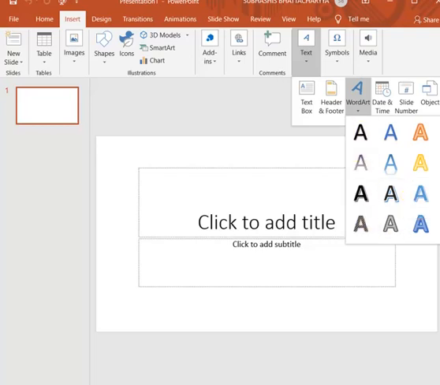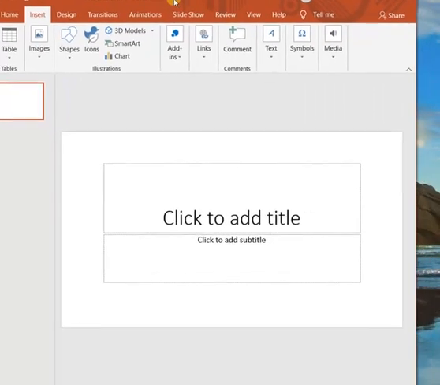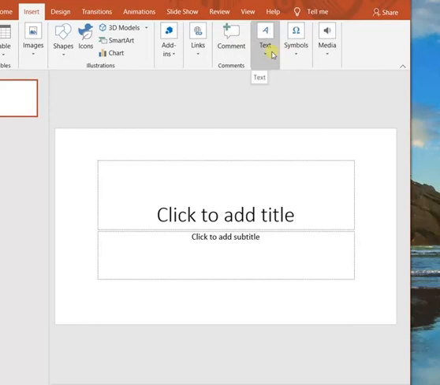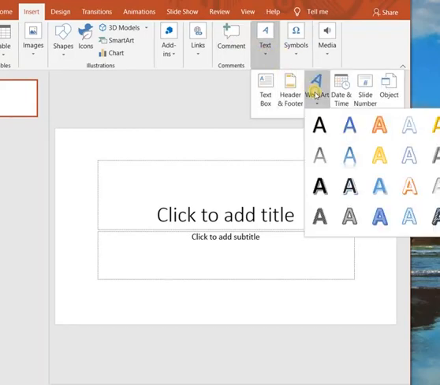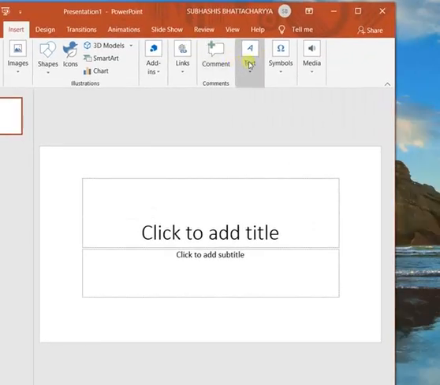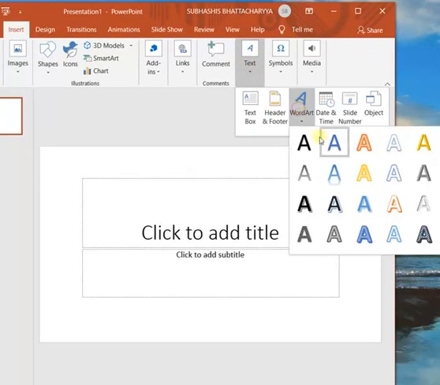You can see this is a gallery. It is a special gallery to add artistic effects to the texts.